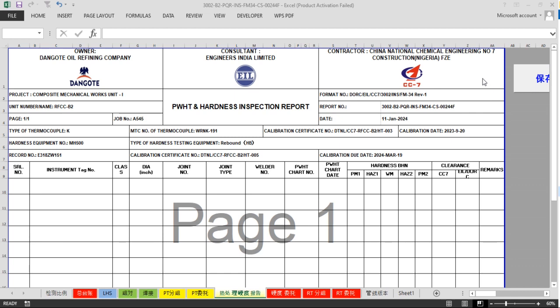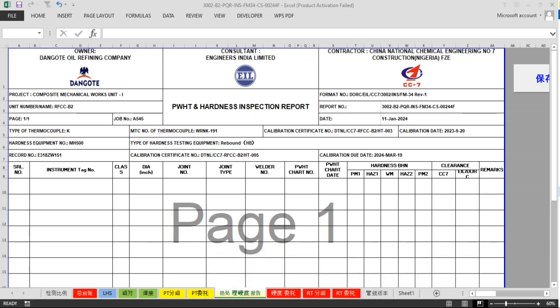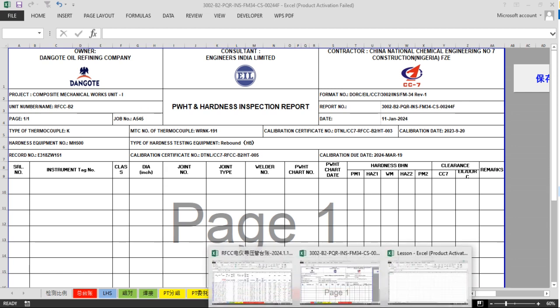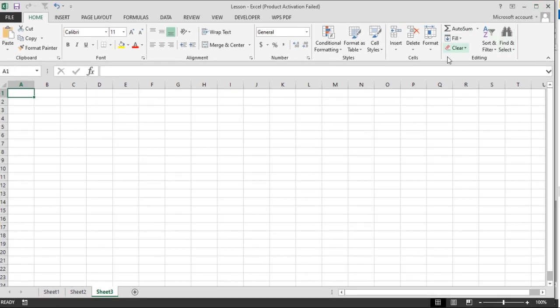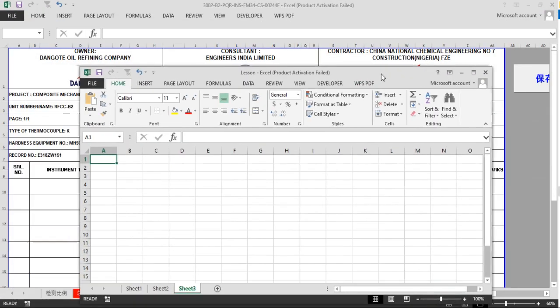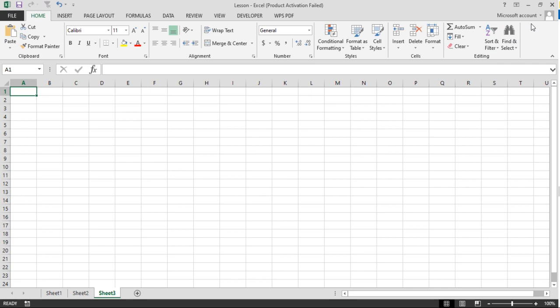That's the minimize. If I minimize it, you can go straight to the button on the taskbar. This one is the taskbar. You should know that, and click on the job for it to be brought up again. Then maximize: when you click the button, it goes to maximize view. And we have restore, which will reduce it to a smaller view, and it will not cover the screen. By the maximize, you always keep it